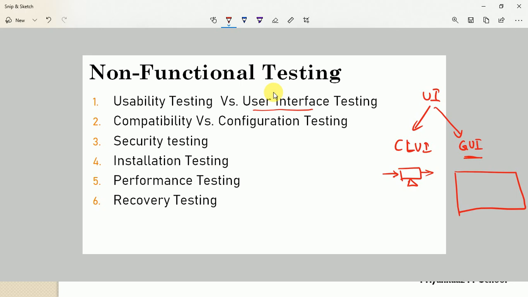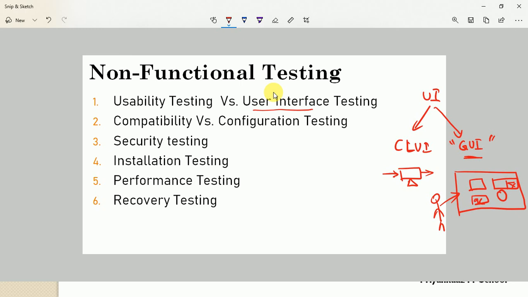Let's say you will get text boxes, buttons, radio buttons, a drop down. This is all about the graphical user interface, through which the user can simply interact with the software application. So user interface testing generally focuses on the graphical user interface parameters.